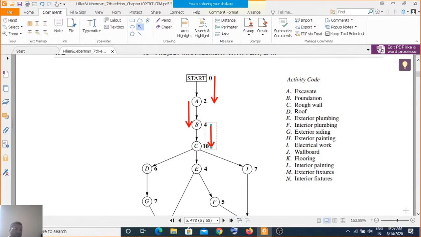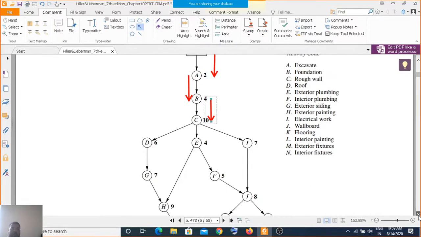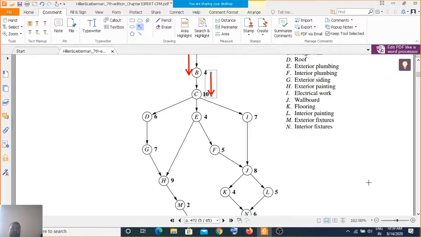Now comes the crucial point. After completion of C, C is the predecessor for activity D, activity E, and activity I. That means you can start activities D, E, and I at the same time, while the maximum time required is 7 weeks, because this is the longest activity.